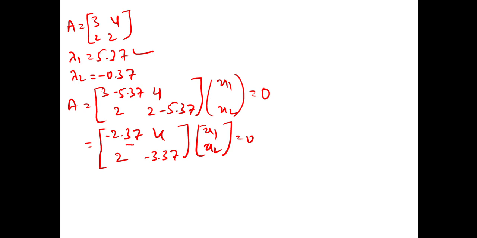Multiply this with this row, so minus 2.37 x1 plus 4 into x2. If you consider x1 as 1, then x2 value is given as